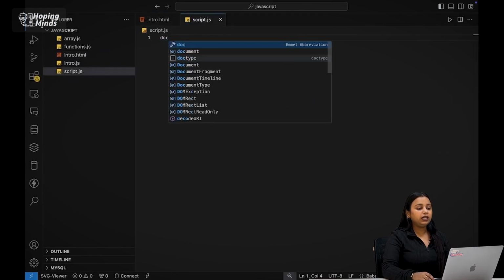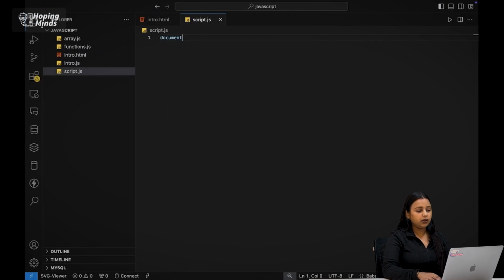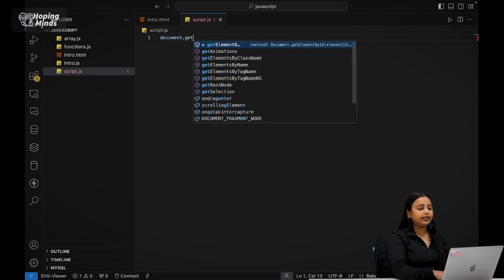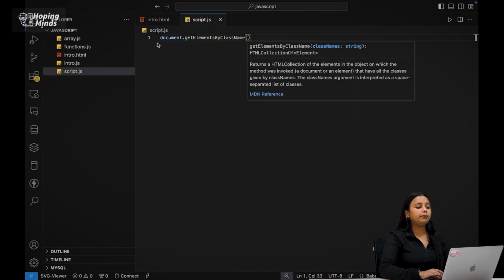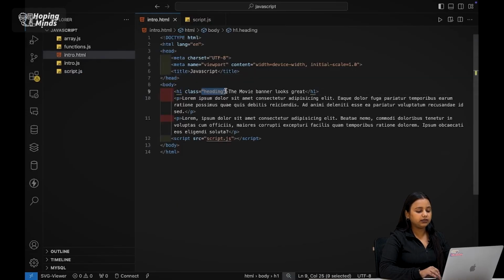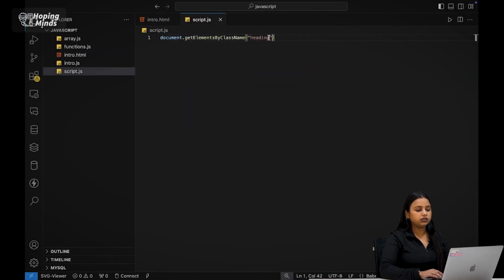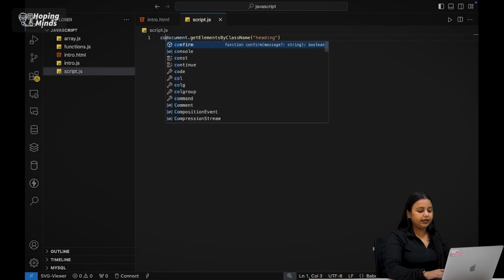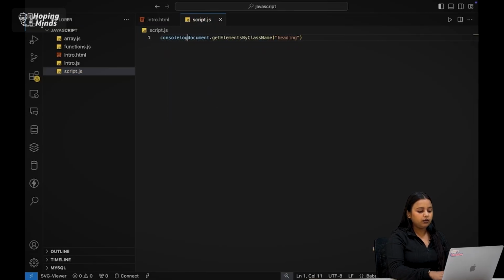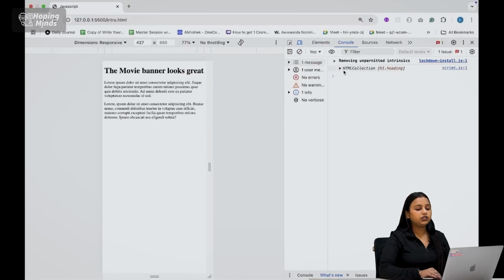So to select this element with the help of class name, select your document dot get element by class name method, and in that method put the same name as it is of the heading to this. After that you have to put dot c. After that you need to select this by index 0. Why I am saying that? Because print this thing, you will get to know. console.log and put everything inside it. Now let's go and check that you are getting an HTML collection where your H1 is selected by your class